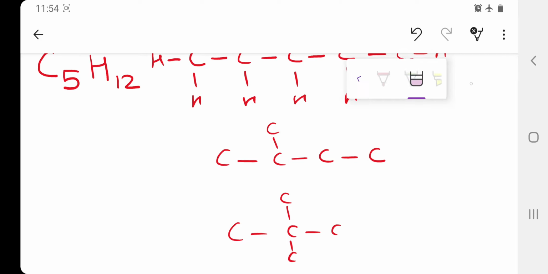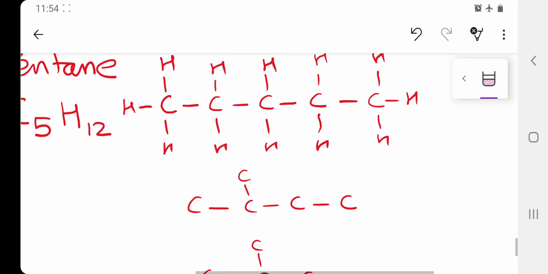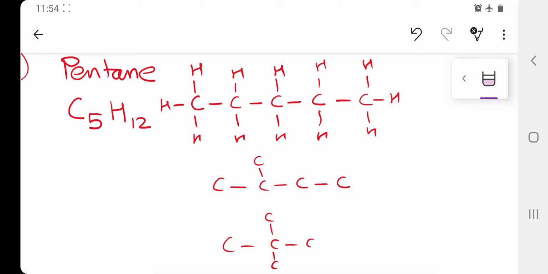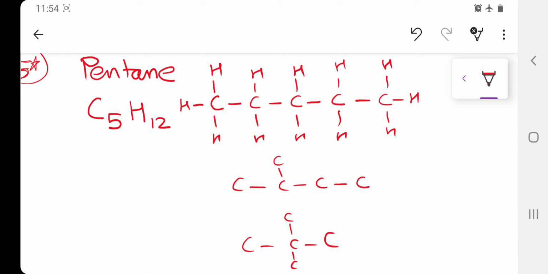Then these all pentane types can give rise to different kinds of alkyl groups. I'm not going to show all the alkyl groups here because this is only the introductory part. If we consider drawing all the alkyl groups, it will be very difficult, or somewhat complex. So I am considering drawing only the first 4 alkanes.